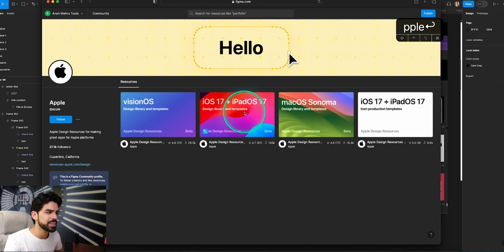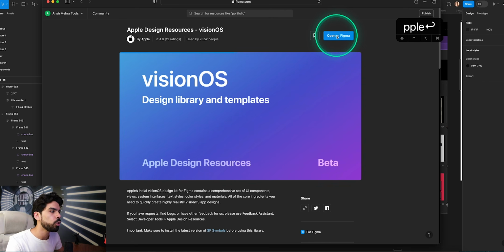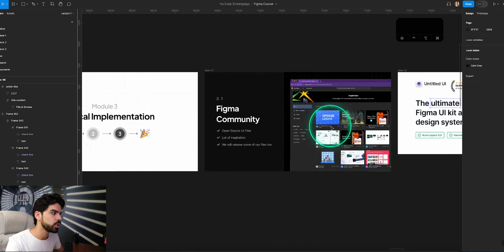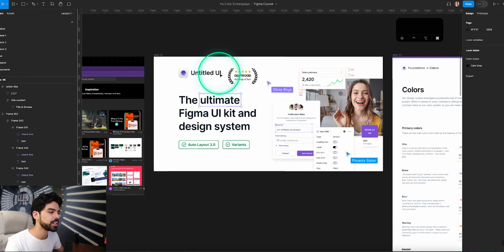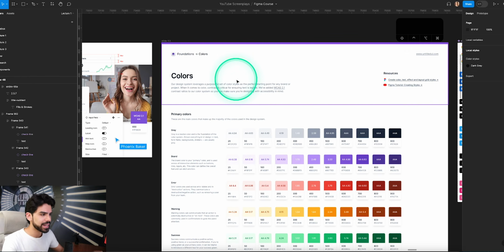And we have iOS 17 and all of these things. So all you have to do is click on any of these files and open it up in Figma. It'll open up a new Figma file, and then you can copy stuff and keep it with you, right? So it's pretty useful. I have just gotten this free file from Untitled UI. I thought this is pretty useful, and this will give you a very practical idea of how design systems are